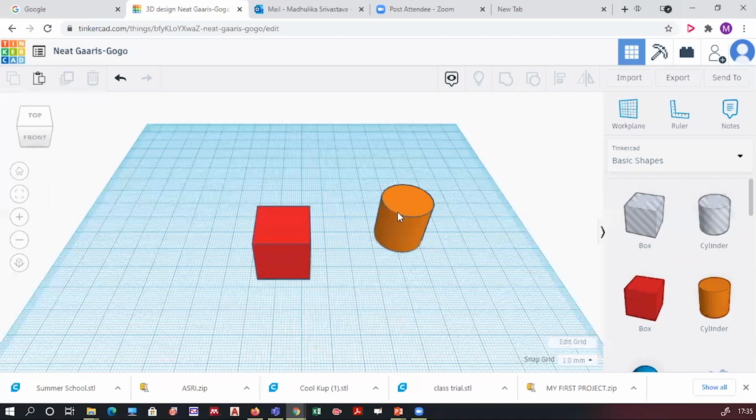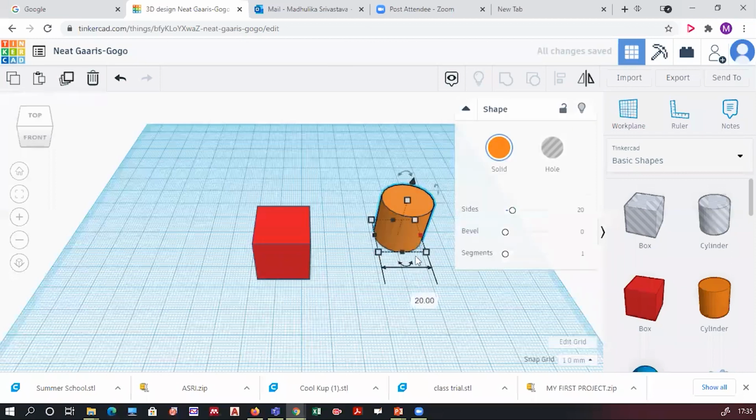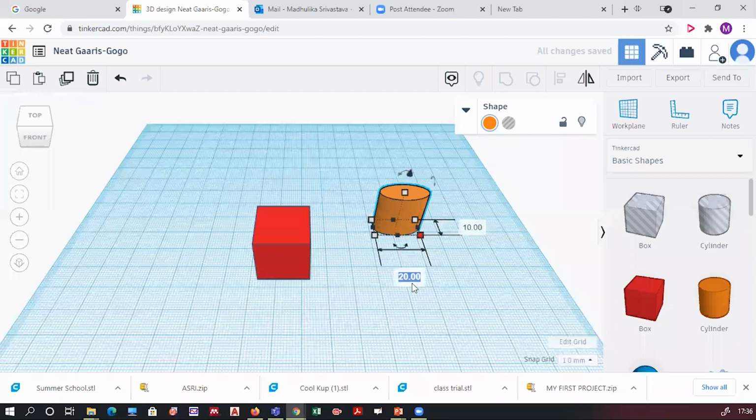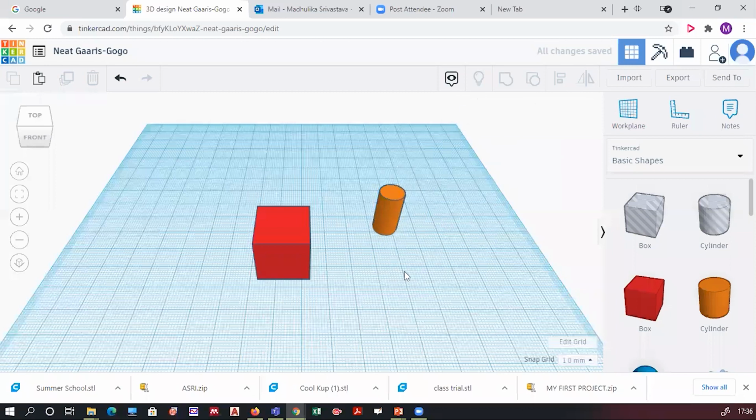Okay, so we have selected two objects. What I want, just reduce the diameter of the cylinder you see. Just reduce it to 10, 10 from both the sides. Both the lengths you see, it should appear like this only.